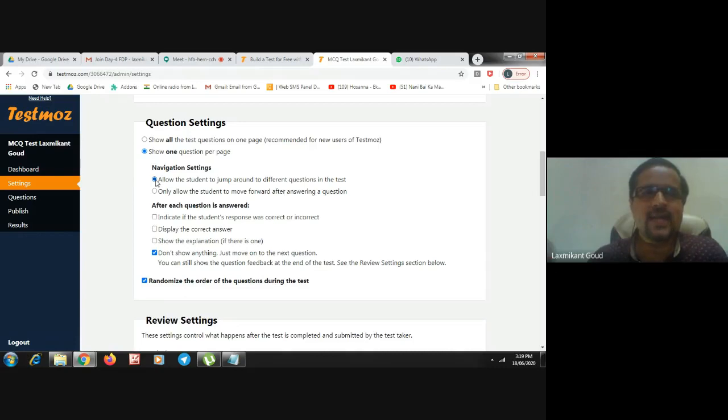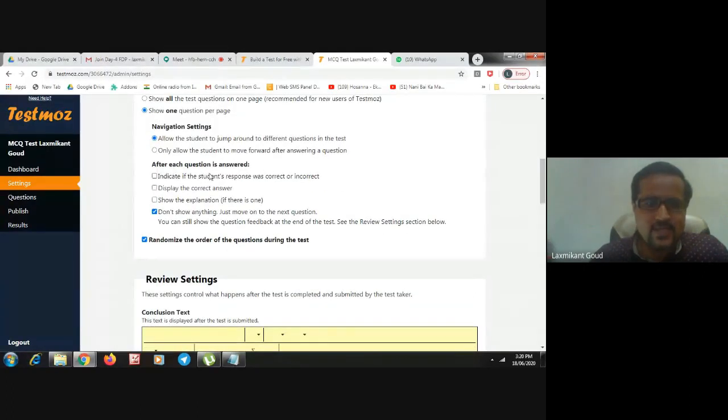So students can jump to any question. If you don't want this, then choose only allow the students to move forward after answering a question. Means 1 by 1 question, question number 1, then question number 2, 3, 4, in a sequential manner. Students cannot jump directly from question number 1 to 5 or anywhere.